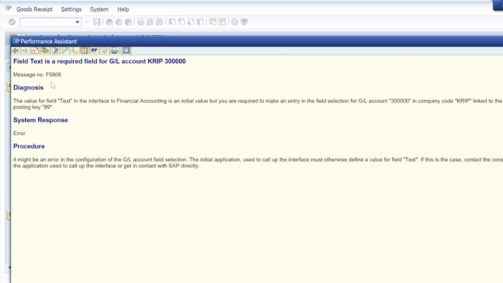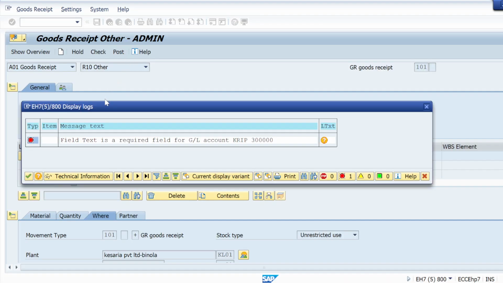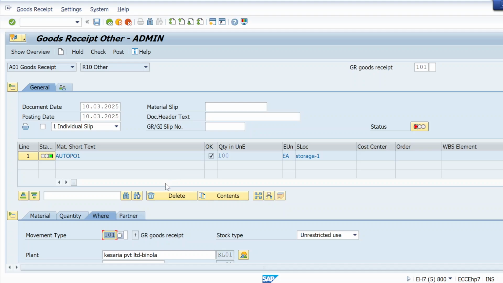Some different type of error is coming, but that we can resolve. This is a cost center KRIP and GL account 33 lakh is there. Meanwhile, it's a GL account, it's a FICO error, but we can resolve that. It's not an issue.